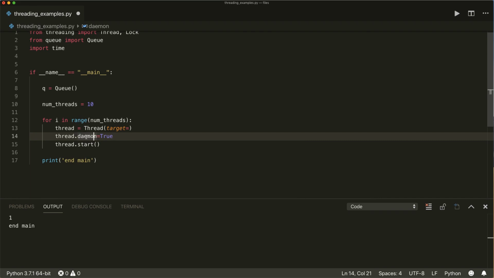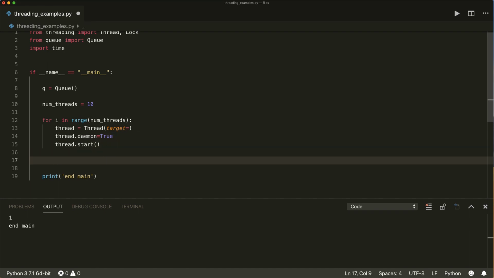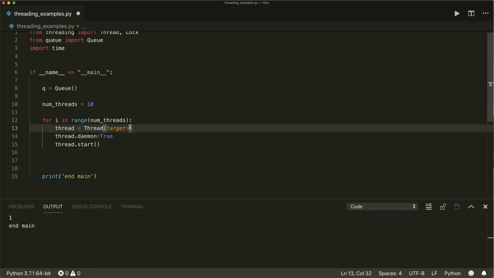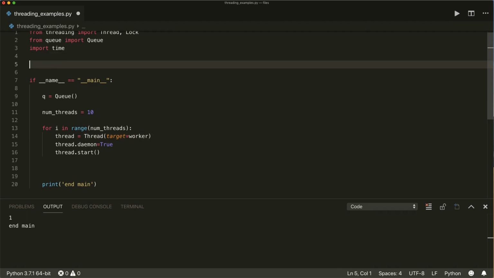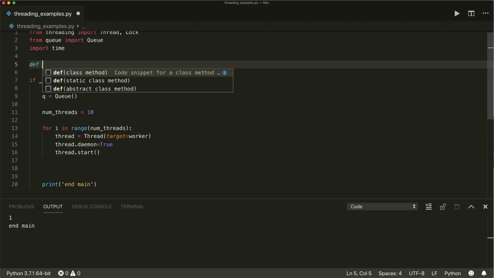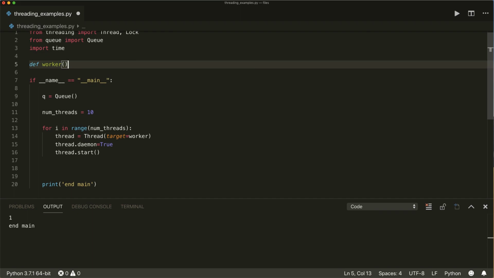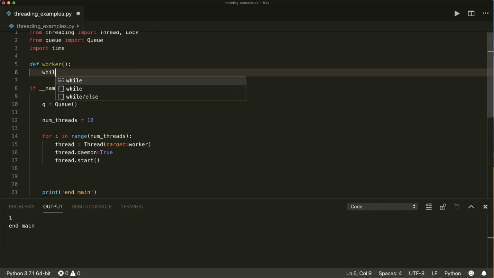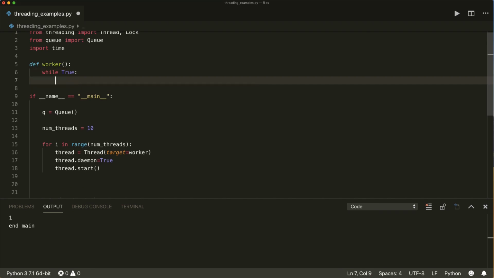So by default it is not a daemon thread. And then let's define our function. Let's call it worker, and define this worker function up here. So we say def worker, and now we use an infinite loop, so we say while True, and then we say value equals